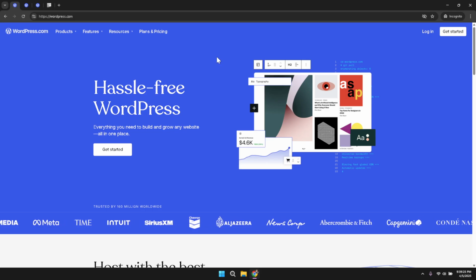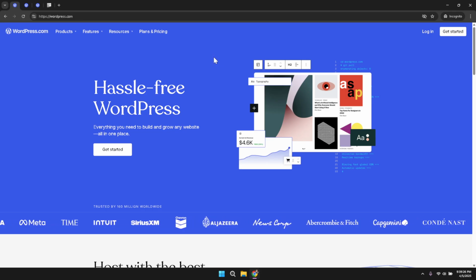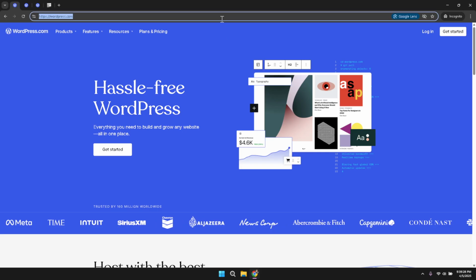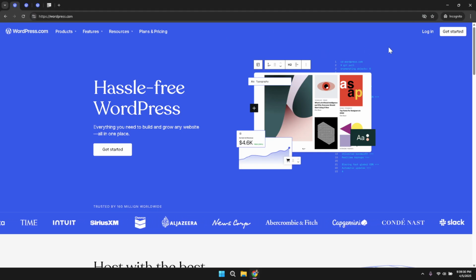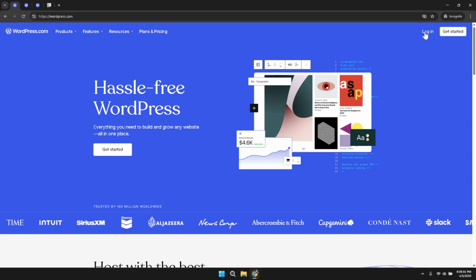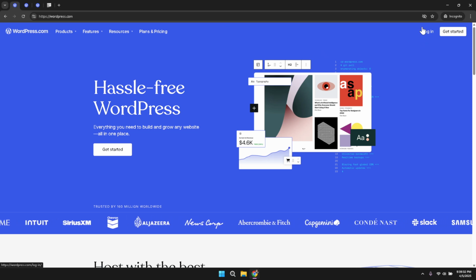Begin by opening your internet browser and navigating to the WordPress website. Once the homepage is fully loaded, locate the login option, which is usually found at the top right corner of the screen. Clicking on this login option will take you to the login page where you can begin the process